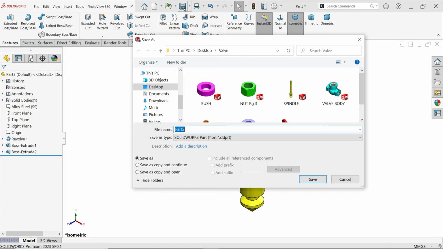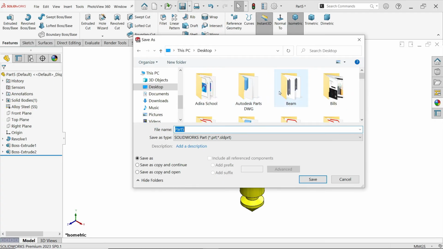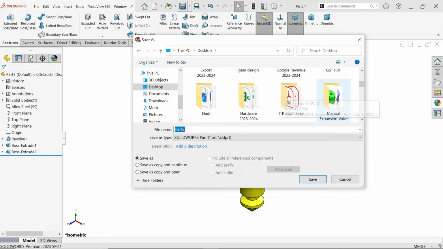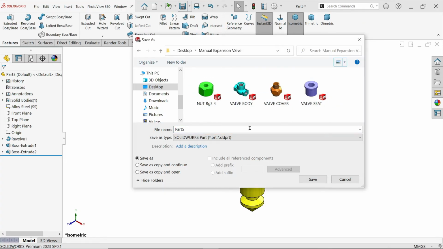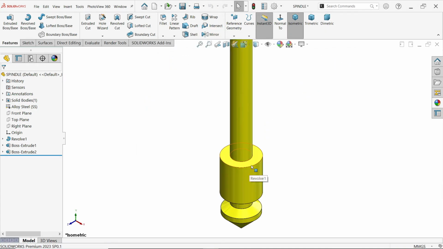Now let me save this one. In the manual, if you want to see a large icon, see, a spindle. Save. We forgot to add the thread here,